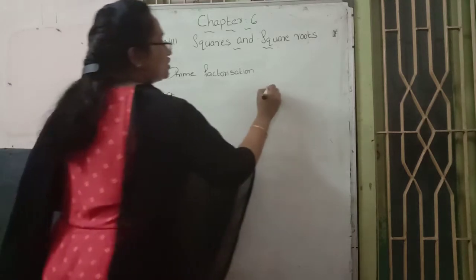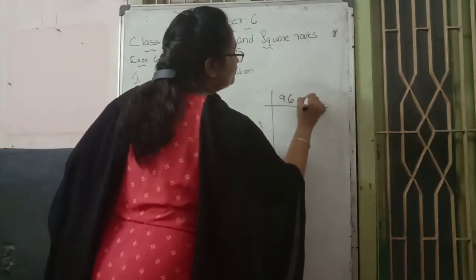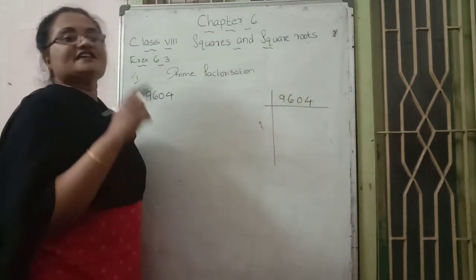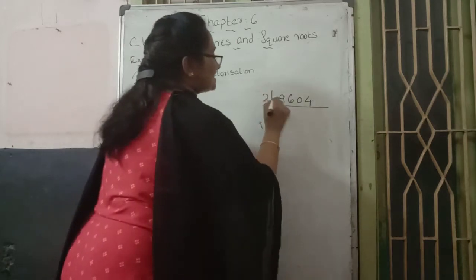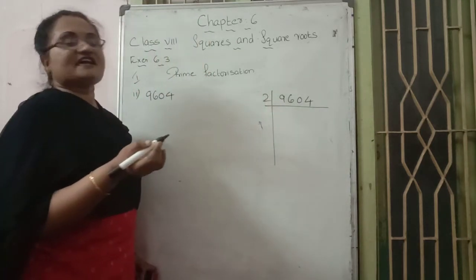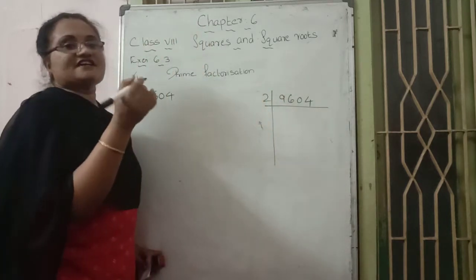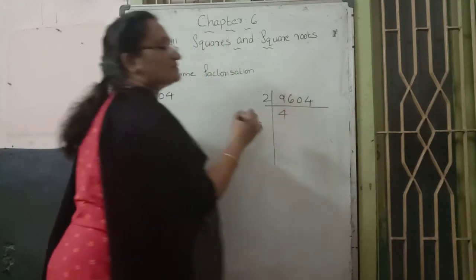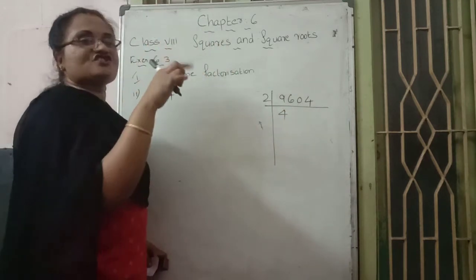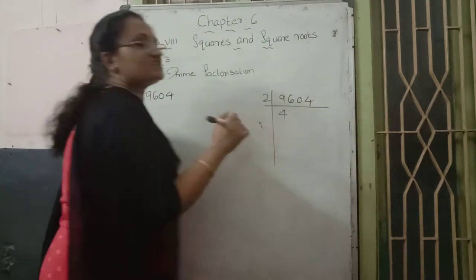9604. There also we do prime factorization. Here see, the unit place is an even number. That's why we can start with the prime number 2. Then mind calculation or separately take and divide. 2 table 9, the nearest answer, 8, 4 times. 2 into 4 comes to be 8. Then 9 and 8 subtraction, doing so 1 as a remainder.